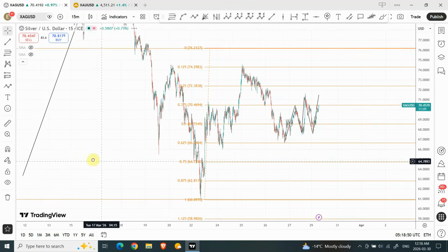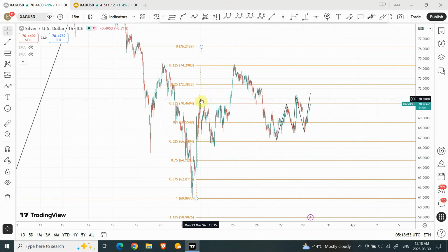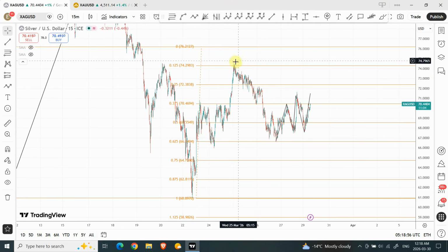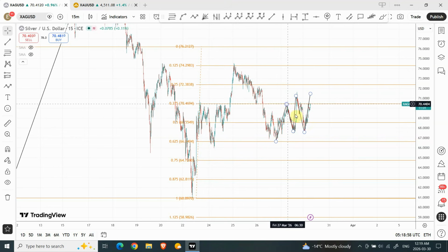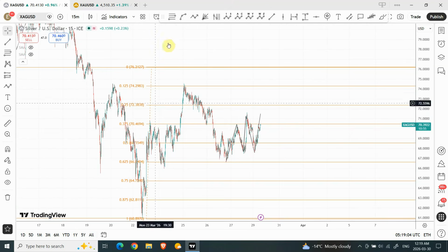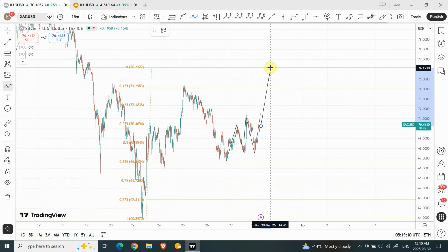So a larger wave that we have right over here is that wave 1 is right over here, and then we can now anticipate wave A, wave B, and wave C, and then from here we have wave 1 and 2 and carry on the way upside. Okay, let's draw. But keep in mind, silver needs to move sharper. All right, silver needs to move stronger to have that general $500 an ounce target achieved. All right, so we gotta understand that silver dropped significantly more than gold, so silver gotta move really stronger. So I'm anticipating sharper moves in silver.